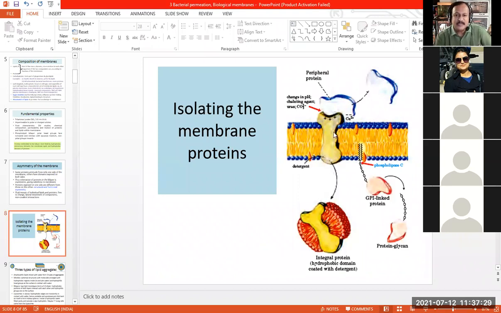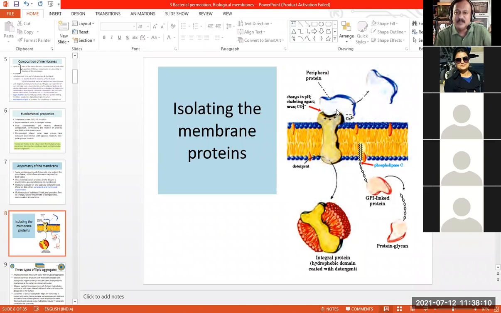The problem is there with these proteins. If you want to isolate the proteins, then there should be harsh treatments. These proteins cannot come out of the membrane very easily. Certain harsh treatments are required to be given. For example, we can use what are called chaotropic agents. Chaotropic agents are those which disturb the membrane alignment, membrane arrangement, and sometimes these agents might also destroy the membrane. So unless we break the membrane, these proteins cannot come out, right? So these are tightly integrated proteins.